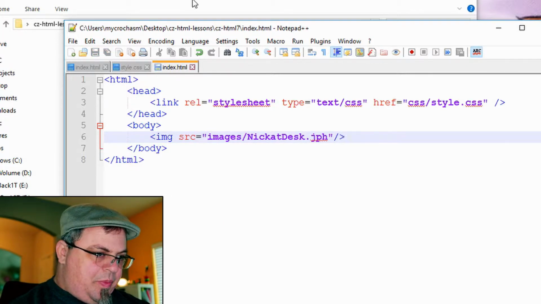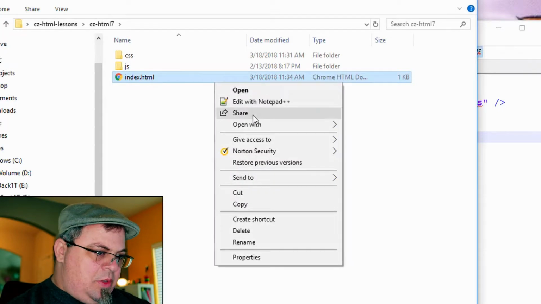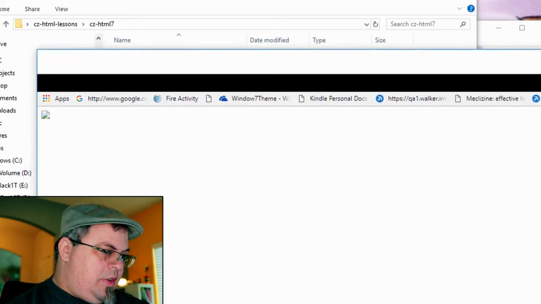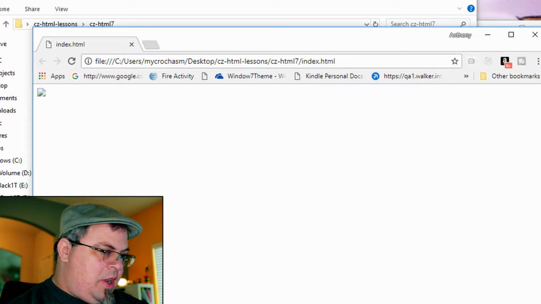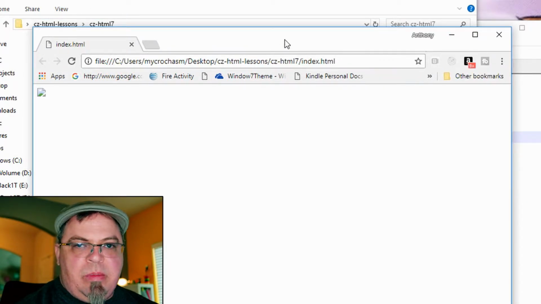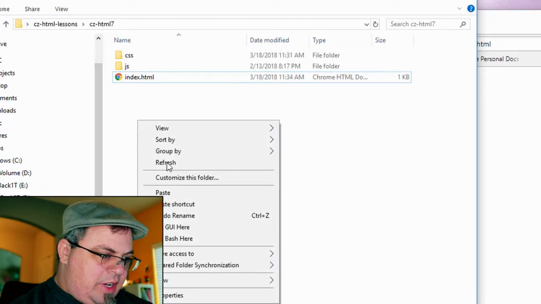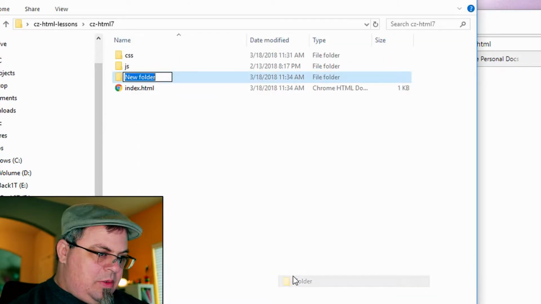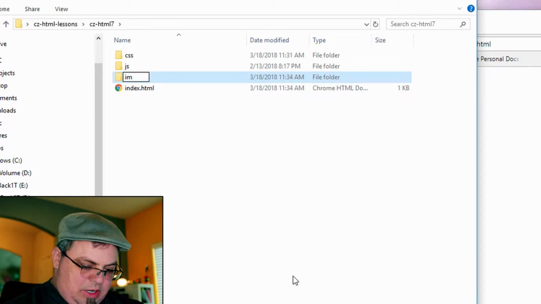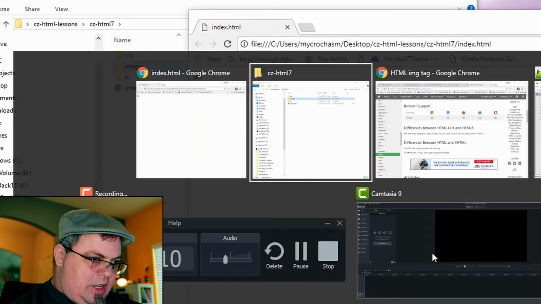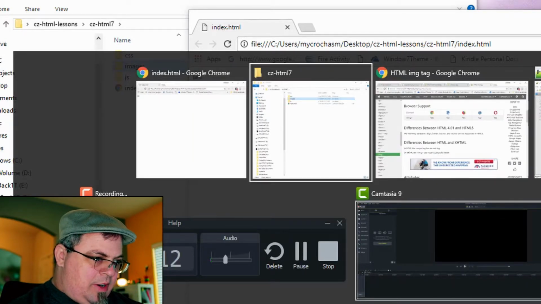I'm going to right click, choose to open with my browser, and if we go here, you'll see there's nothing on my page, and that's because I actually have to put an image there. So let's go ahead and do that. I'm going to right click and create a folder, and we call it images. Before I put an image there,